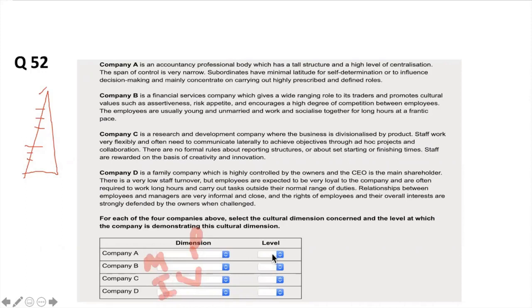Now, depending on the level of that, if it's high or low, I think the first one is more, I would say, high, because it does give a lot of indication that they do value power. There is a distance there. So that would be to the higher extent, along with company B as well. I would say it is masculine. They go out, they hang out together, they socialize, they work long hours, very risk oriented. That's a high level of masculinity.